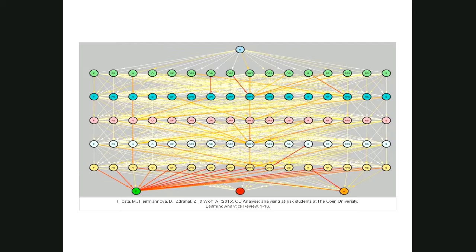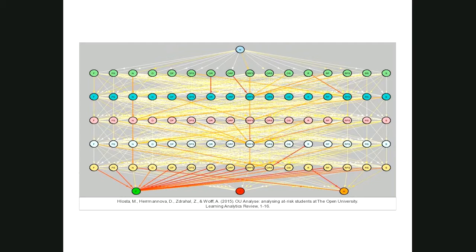And what we can start to see is, by looking at what students were actually engaged with on a week-by-week basis and what they clicked or what they importantly didn't click on, we can see which paths to Rome actually lead to success. And by using these predictive analytics models at the Open University, we can then see which students are following paths that could lead to success and which students are not following those paths. And I think it is important to say that there are multiple paths to Rome.